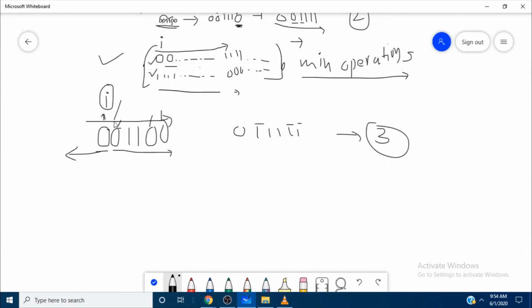Okay, cool. Now if we are at this index, we need to convert everything until this to 0 and everything to the right to ones. Here there are already 2 zeros, so we need not convert them. Okay, cool. But here we need to convert those two ones. So here we will require 2, which are these 2 bits. Okay, done.